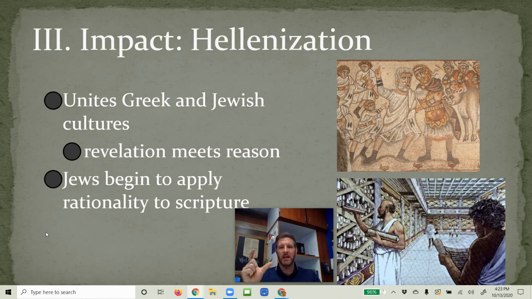And we have, again, the coming together of the forefinger and the thumb, the reason and the revelation. Some saw the teachings of Alexander and the Greeks as a threat, but many thinkers said, no, they're just confirmation. They're just views of the same truth, but from the other perspective. And so that's why this moment of Hellenization is key, because it's a bringing together of these two aspects of searching for truth about reality: the ethical revelation from above, and also the humanistic rationality of human beings from below. What you have there, the picture on the right, is just a rendition of the famous library